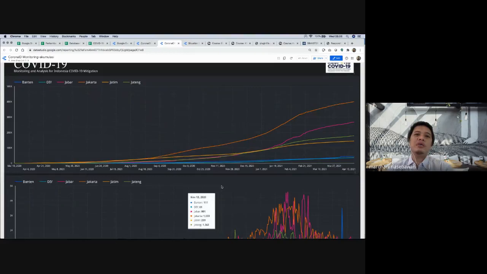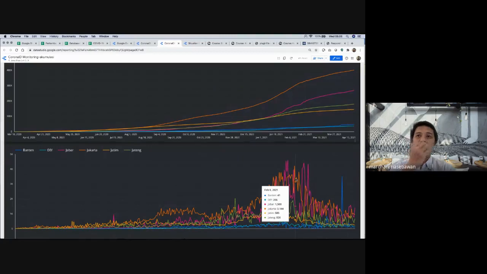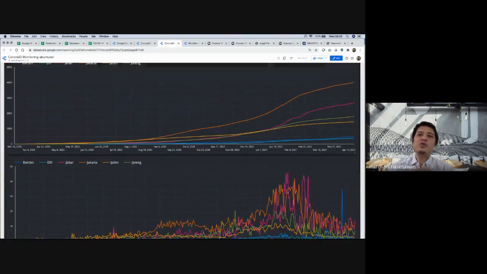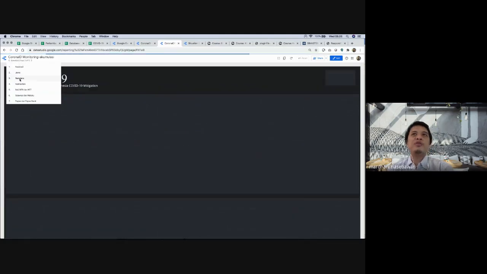Of course, we agree that all the provinces have growth in the number of cases. But the most important thing is that we have a correlation between provinces, especially those close to each other. So the cases are somewhat related. For example, the increasing number in Central Java will also impact Jakarta and another province. So we want to show that. And if we go to another province, it is also the same.